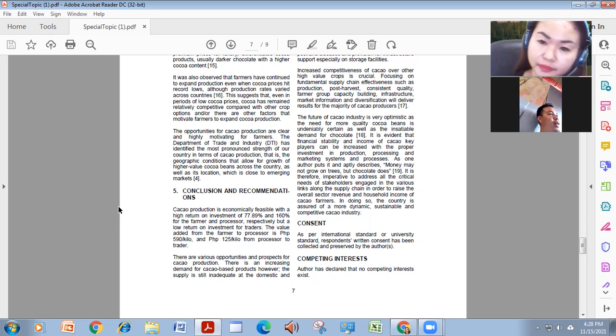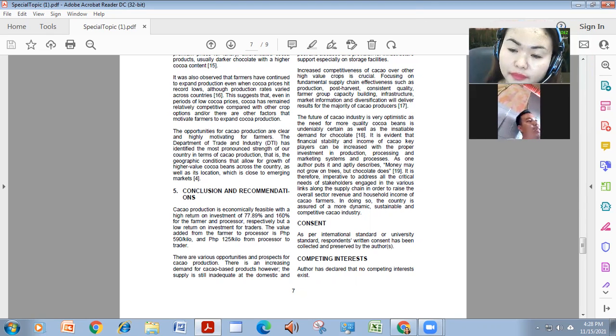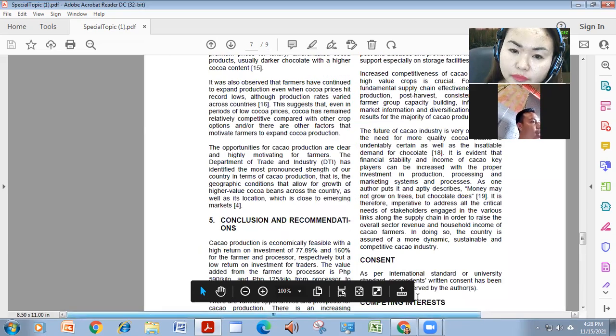Cost and return analysis in the small scale cacao. Ingani yung pag research sunod pinakaw na abstract, introduction,